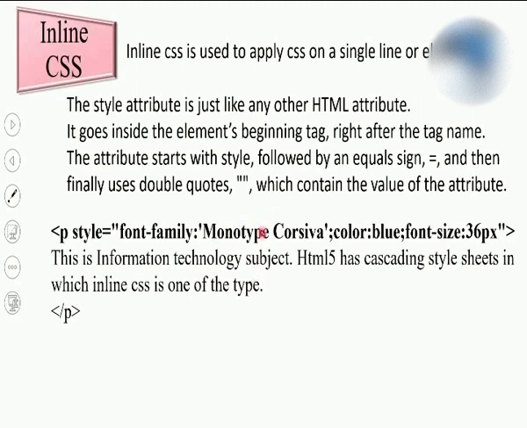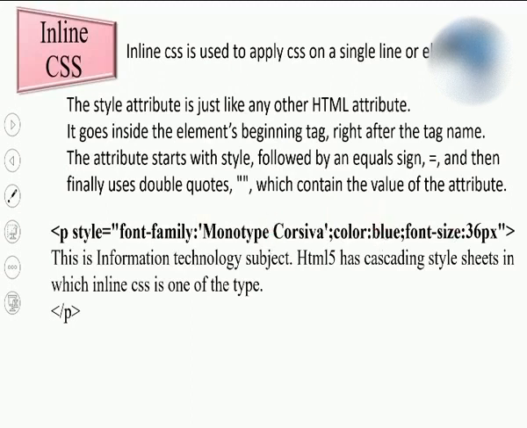I like this Monotype Corsiva font, so I used it. You can make use of any font like Arial or Times New Roman or any other font. Students, over here observe this Monotype Corsiva font has a space in between, so that's why I wrote single quotes for the font name. If your font name is just a single word like Arial, you may not write the single quotes. So the single quote is required if there is a space in the font name.